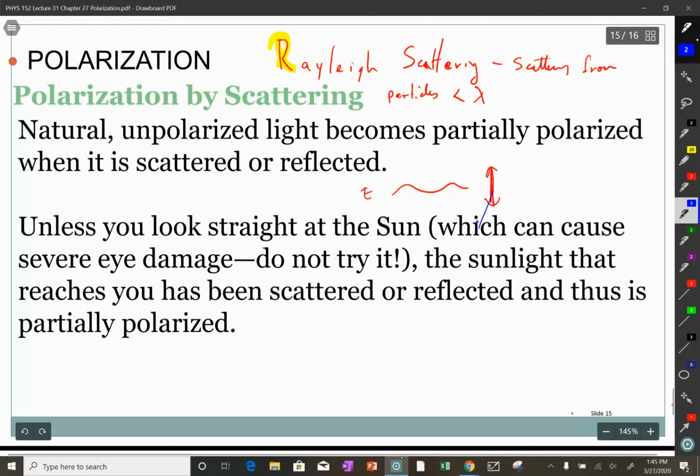So it can send off light in any direction that's horizontal in my example. And that light is going to have the electric field oscillating in the vertical direction. So that's basically what Rayleigh scattering is doing. But what that does then is it says, okay, you are going to have the orientation of the polarization, of the oscillation of the electric field, has to be both perpendicular to,